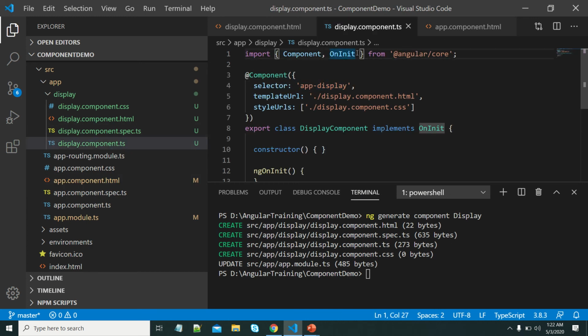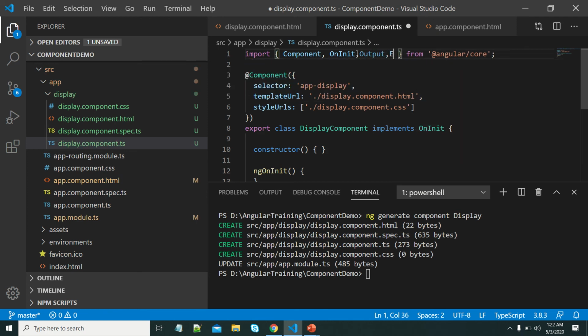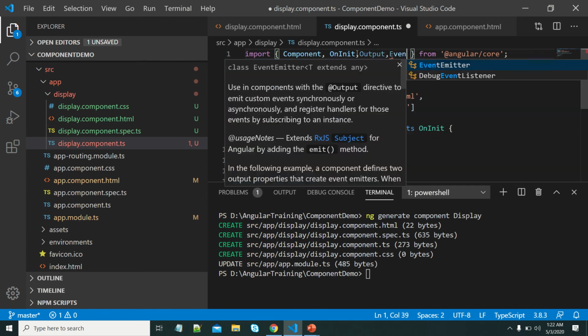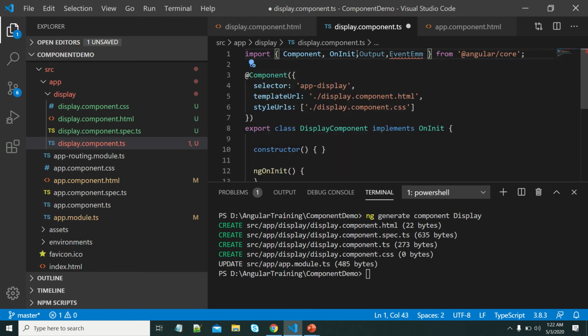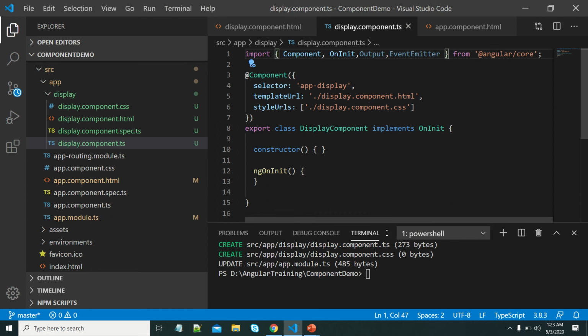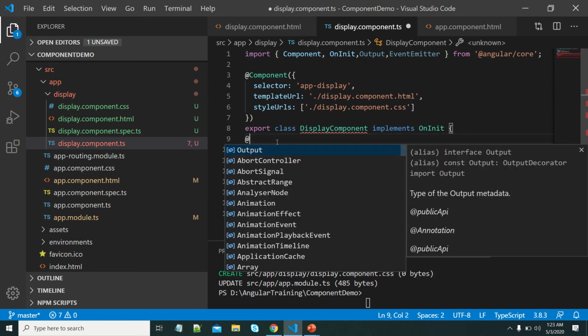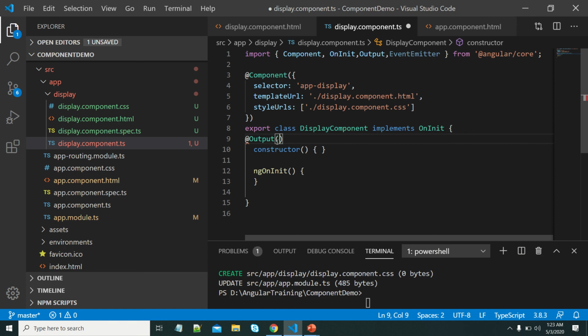For that, we should import Output and EventEmitter. Let me create one output property, message.